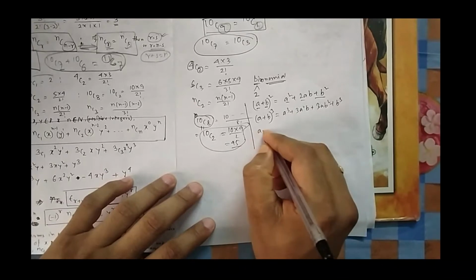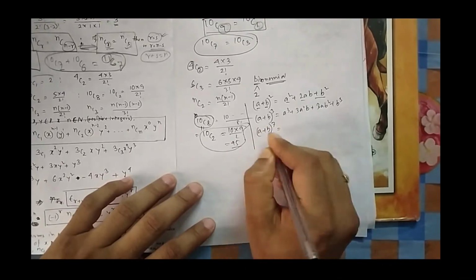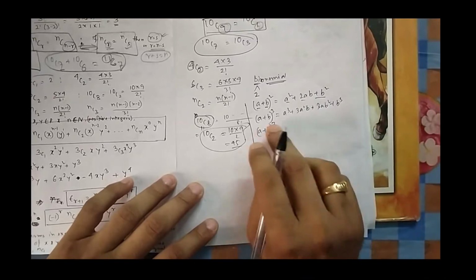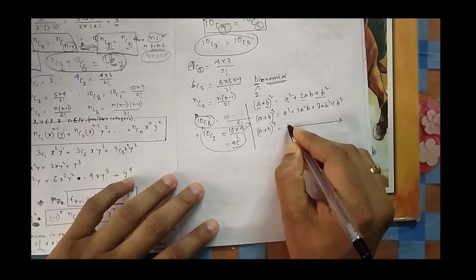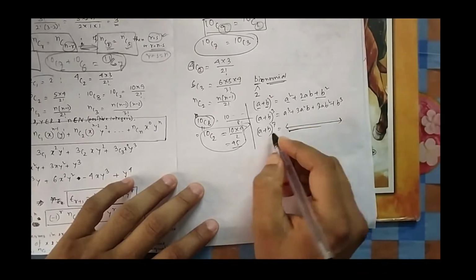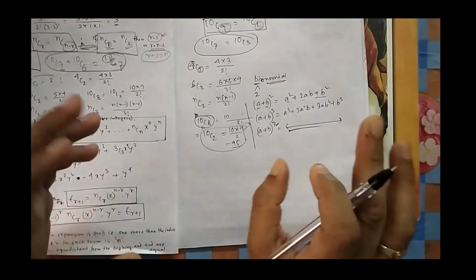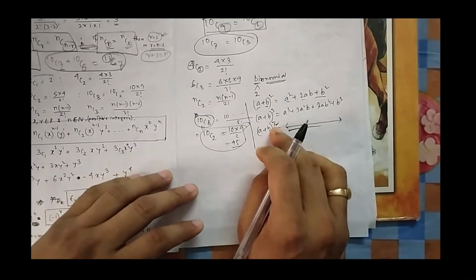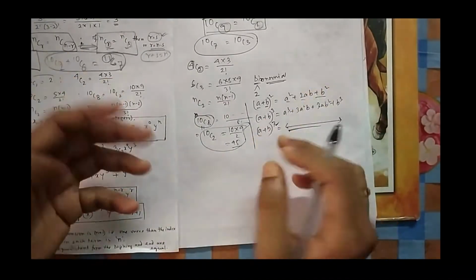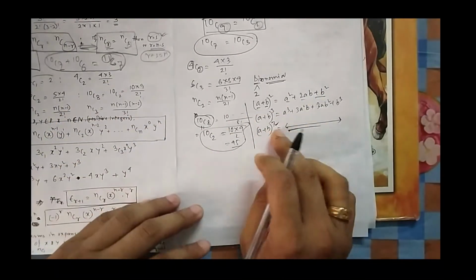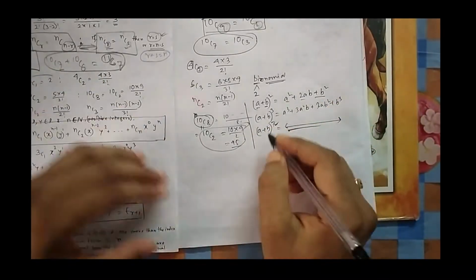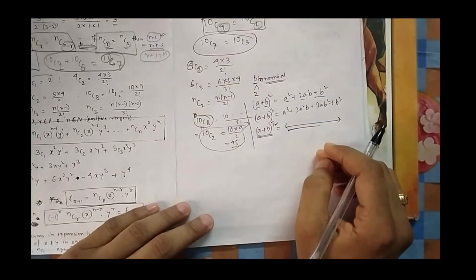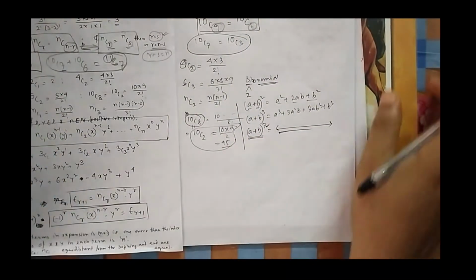Now someone thought, what will be a plus b to the power 7? Did you ever think how to find it? We can multiply it 7 times and we can get it. But without multiplication also, there is a general formula through which you can calculate not only the power 7, you can calculate any power you need. a plus b to the power 100, a plus b to the power 200, whatever value is given, you can directly write it down. Isn't it interesting? It is a very nice way that you can expand it without multiplying, using just the basic binomial theorem. So this is all about the binomial theorem.